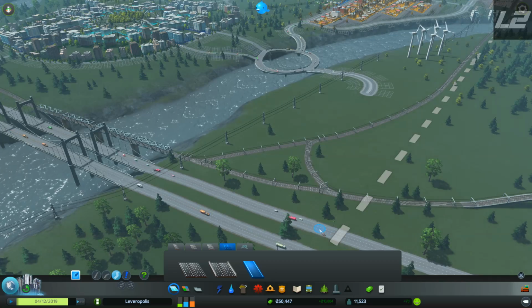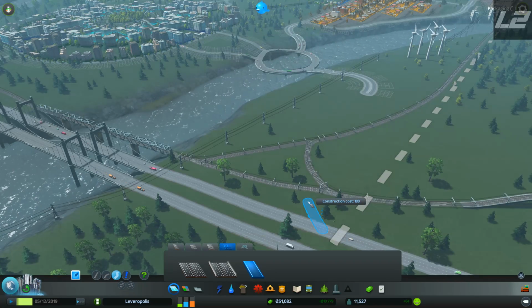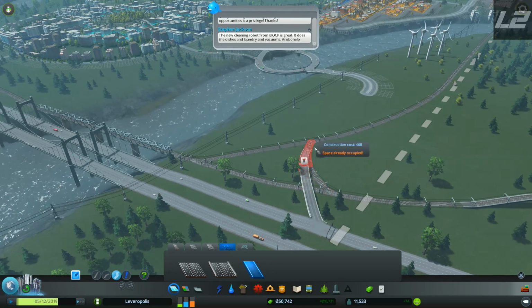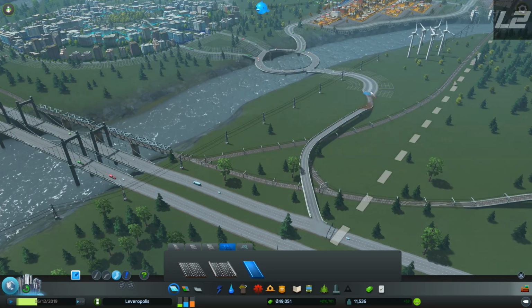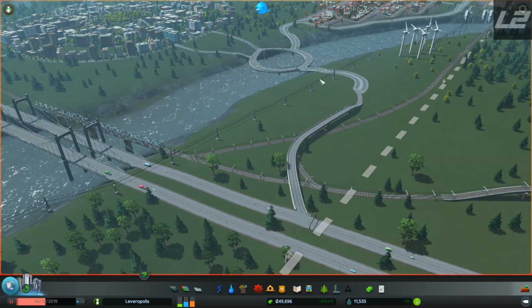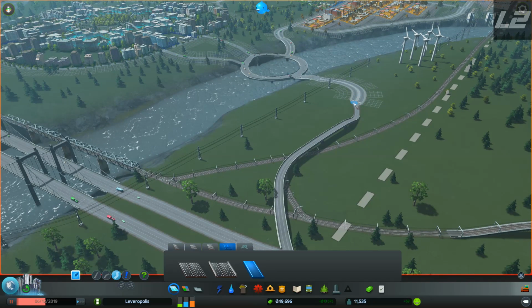Can unpause here for a minute. Alright, so this is going to come off the highway, and it's going to come up over our train tracks, and down and connect up with that. There we go. There's our first off-ramp. Not pretty, but they never are when I build them. And secondly, we will have...